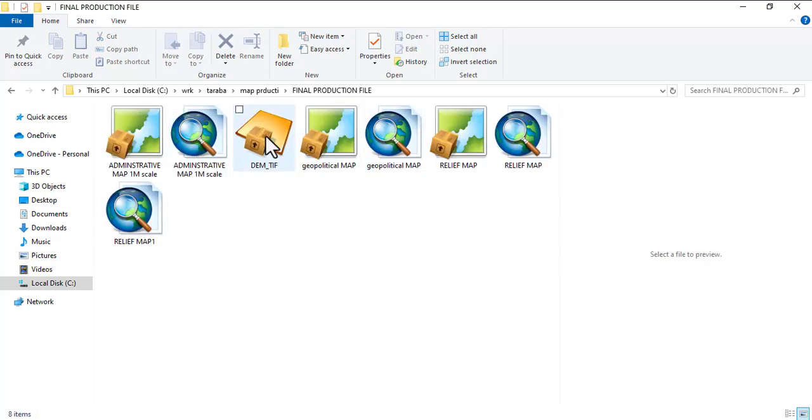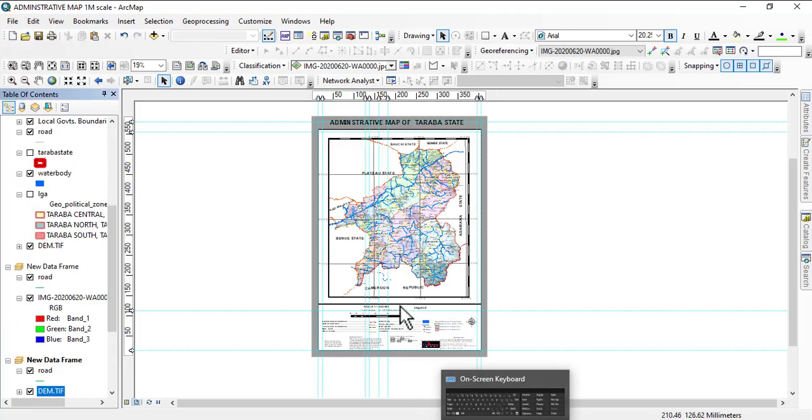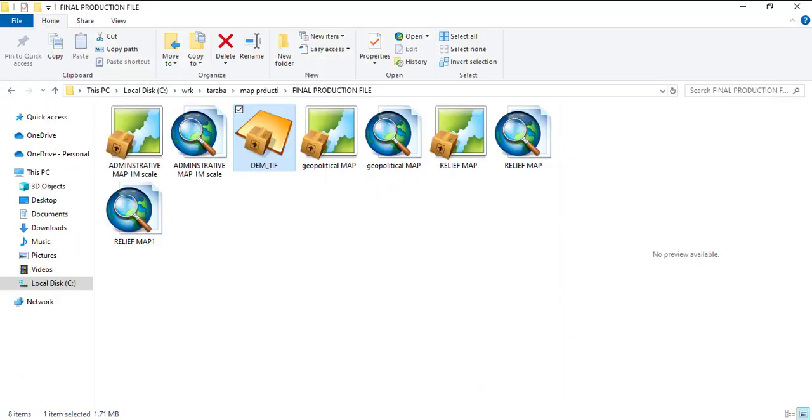So we have DEM here as a layer package. So let's open it while we do the other one. Okay, now